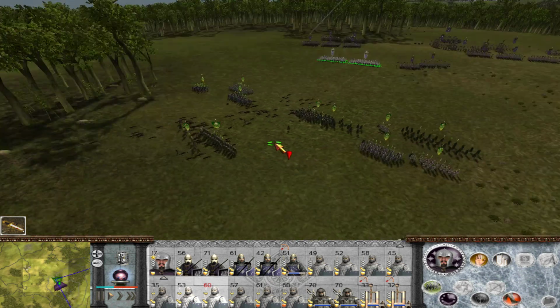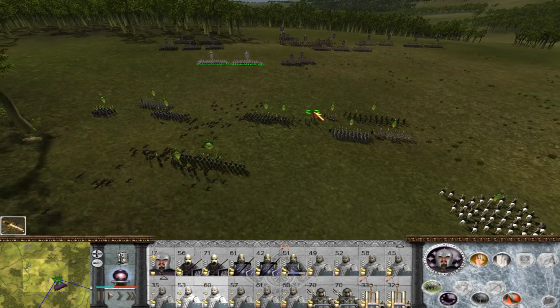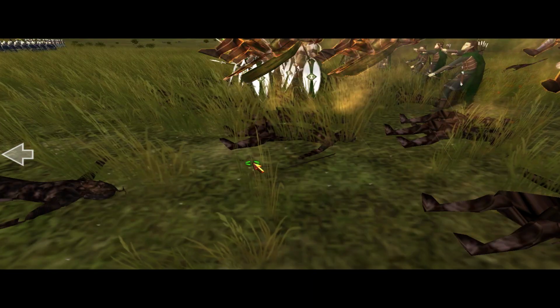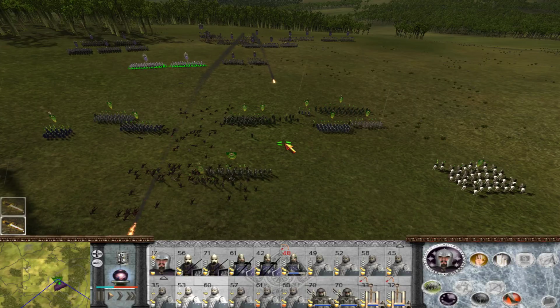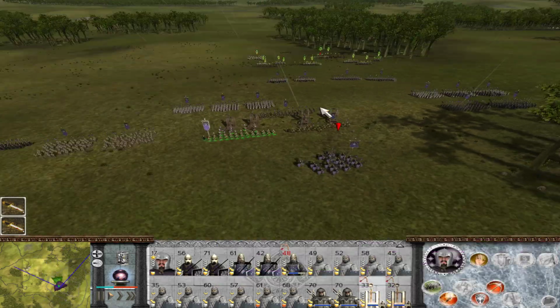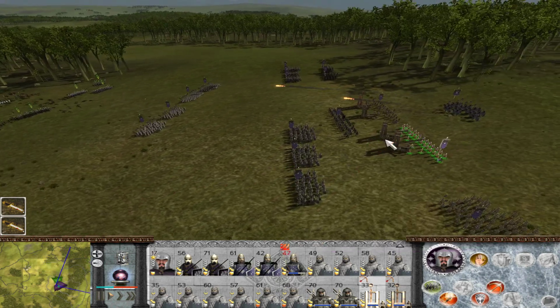Alright, why are they waiting? Okay, because they have bows. So they're hitting us with their archers, but that's fine. If I keep my men kind of ahead... There he goes! Yes, yes, yes. Alright. Okay, so the only chance we have of surviving this is by...